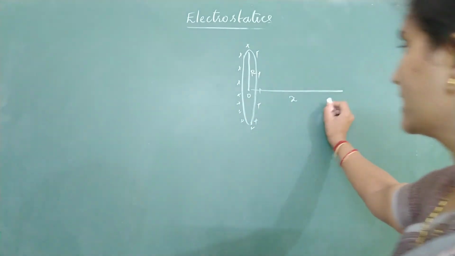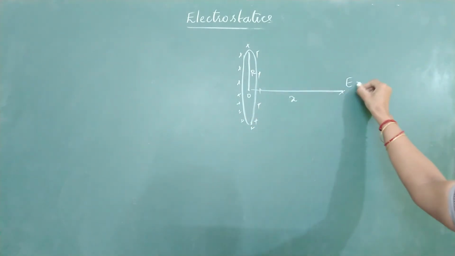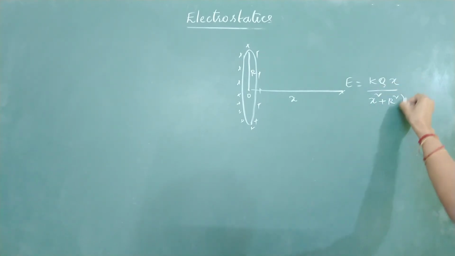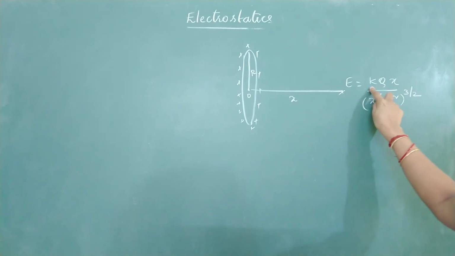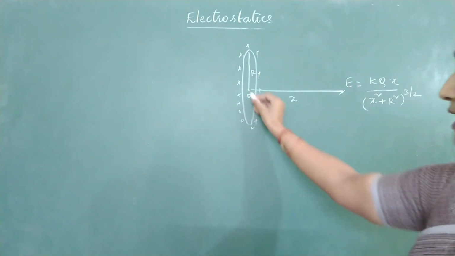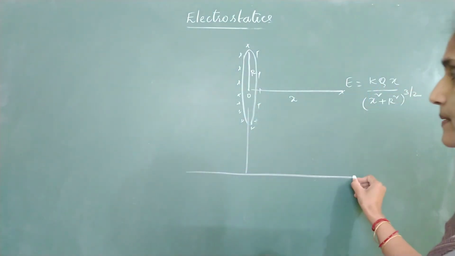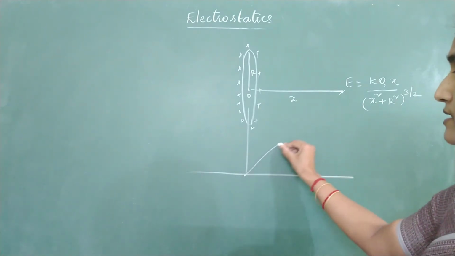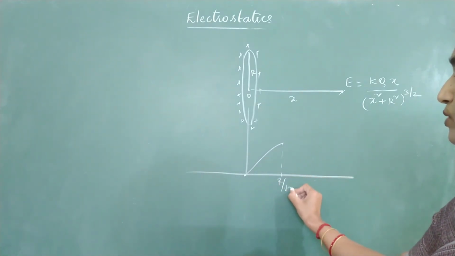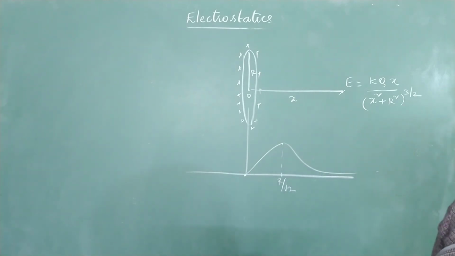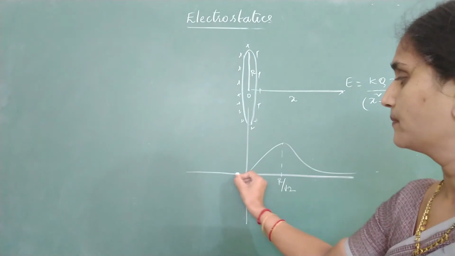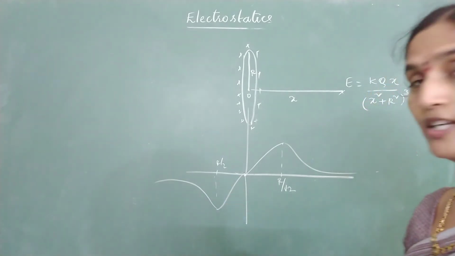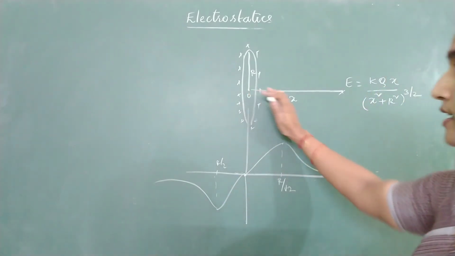Okay, then for a ring, what is the electric field along axial line of a ring? E is equal to kq into x by x square plus r square whole to the power 3 by 2, where k is nothing but 1 by 4 pi epsilon naught. And if you observe the variation of electric field for a ring, when x is 0, field at the center is 0. As you move away, field increases till you reach a distance r by root 2, and after that field will start decreasing. Same thing happens on the opposite side. Till r by root 2, value will increase and then it will decrease because field at the center is 0. This is for a ring.